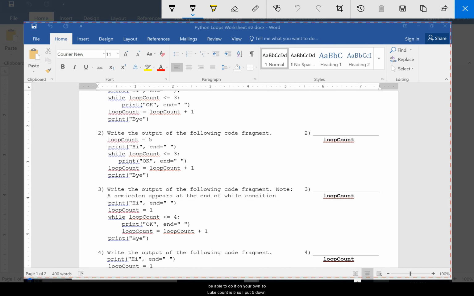So loop count is 5, so I put 5 down. Prints hi. Let's see here. Is 5 less than or equal to 3? That's not true. So it does not do this in here, okay? It does not get into your